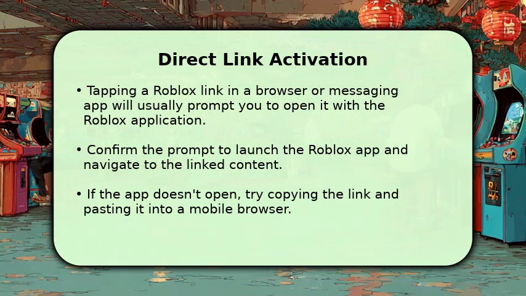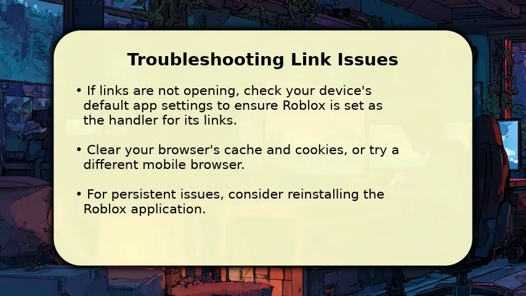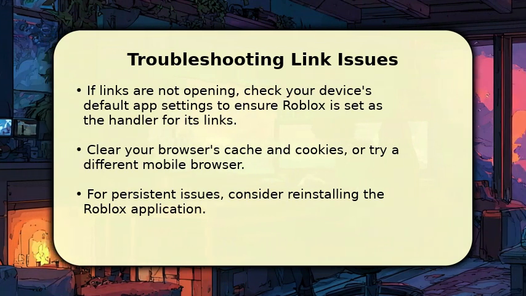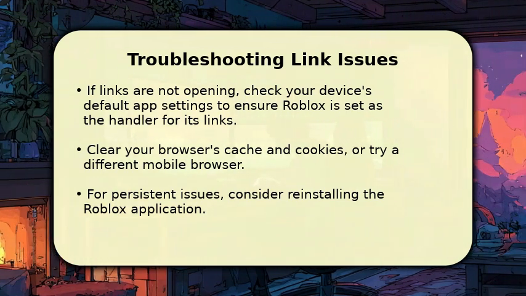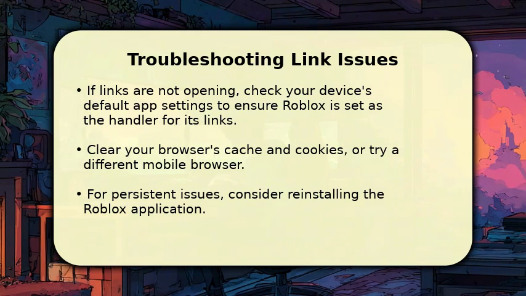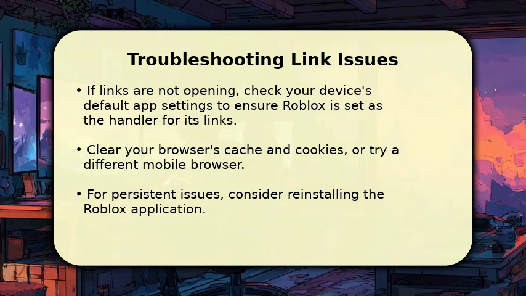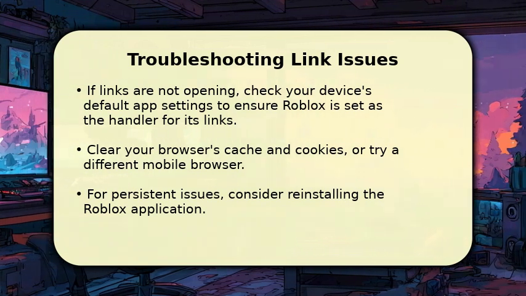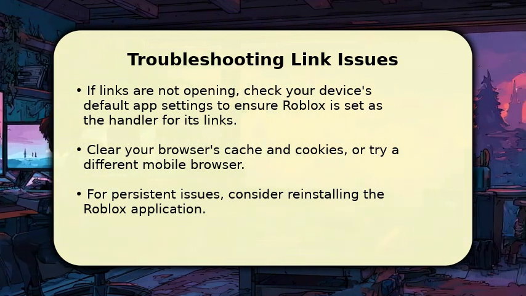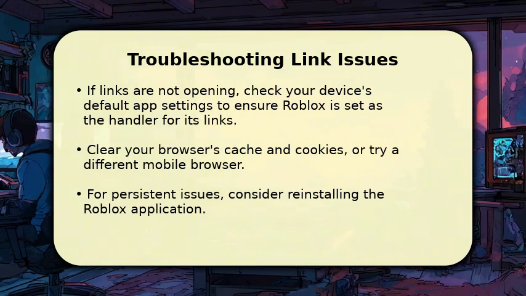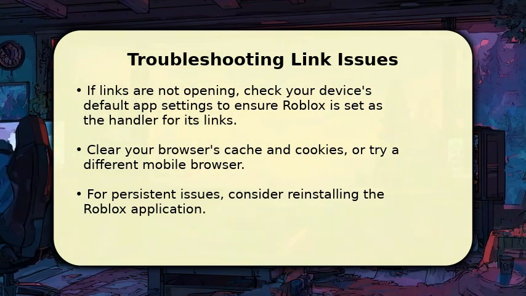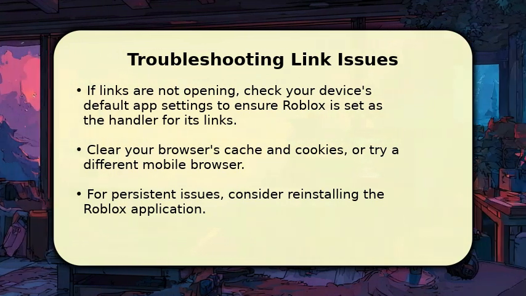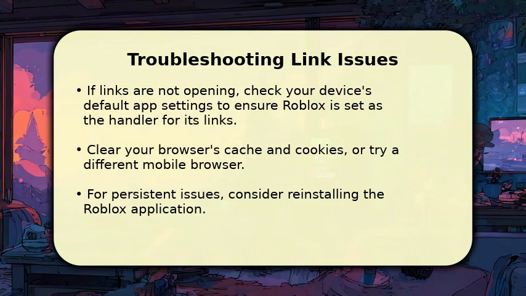mobile browser's address bar. If you're experiencing trouble with links not opening correctly, there are a few steps you can take. First, check your mobile device's settings to ensure that Roblox is designated as the default application for handling its specific links. Sometimes, clearing your mobile browser's cache and cookies can resolve minor conflicts. As a last resort, uninstalling and then reinstalling the Roblox application can often fix persistent linking issues, ensuring a smooth